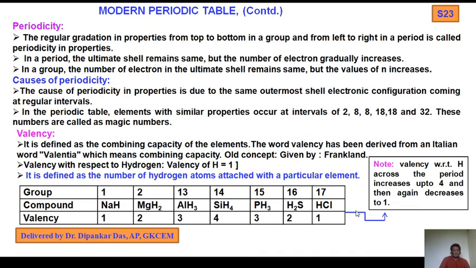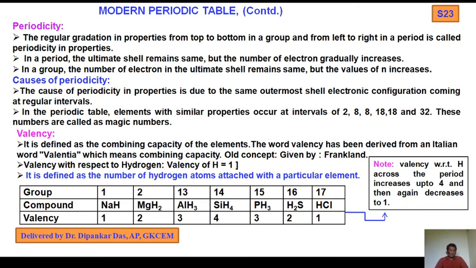So this is periodicity. In periodicity, from left to right the atomic number increases, and down the group the atomic number also increases, and the number of electrons also increases here, but size decreases from left to right. Why? We will discuss later. It is due to the increase of effective nuclear charge. Size increases from top to bottom as the distance between the nucleus and outer cell electrons increases, so electrons enter into a new quantum cell. And valency is equivalent to the number of hydrogen atoms attached, so this is the valency of some compounds.